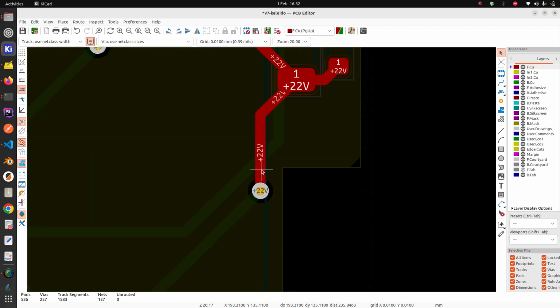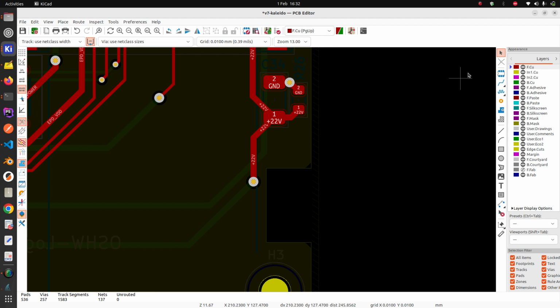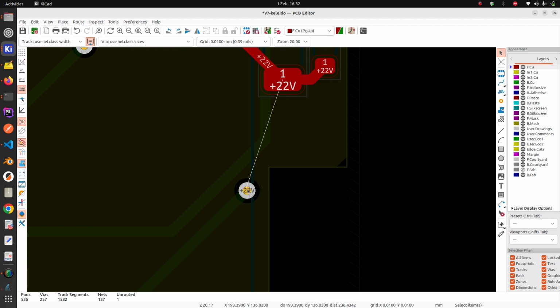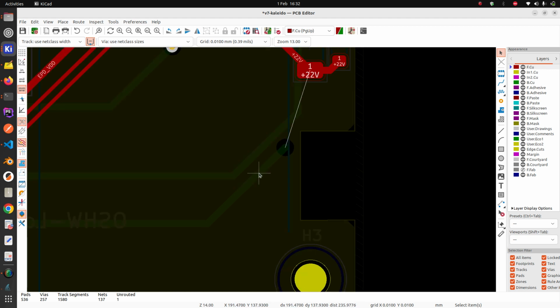So if you see something like this in your boards, it takes like 1 minute to fix it. Just go ahead and do it. All these traces that are like 1 millimeter to the edge, red alert. Don't do it like this,